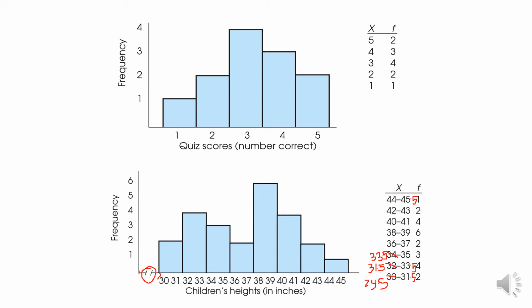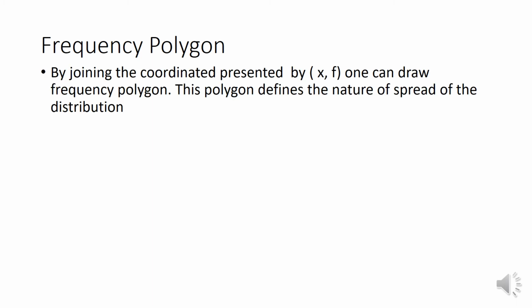Okay, this part is just flipped on and this graph has been defined. That's why we are going to use this sign. This is how we are going to plot the histogram. Now we will see frequency polygon. What is frequency polygon? Once we define this histogram for x and f, x is nothing but the variable and f is according to the frequency.